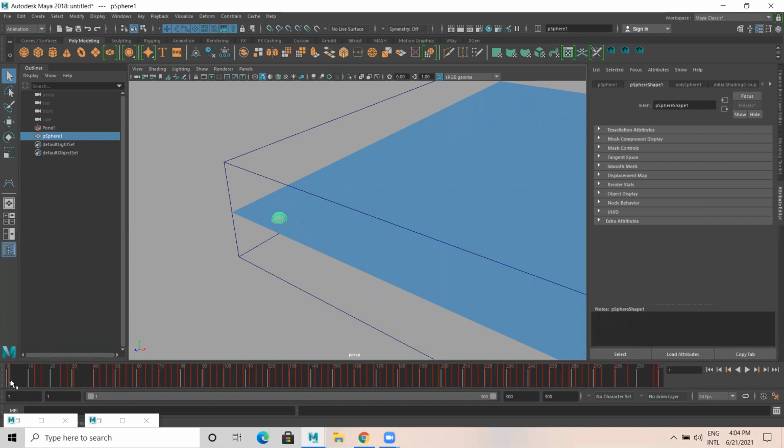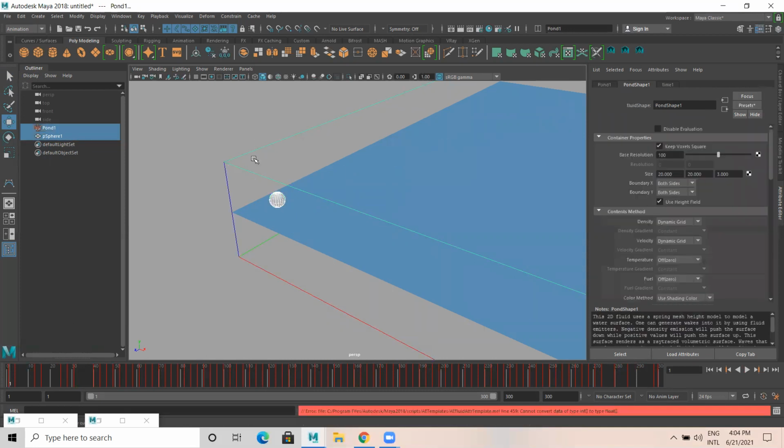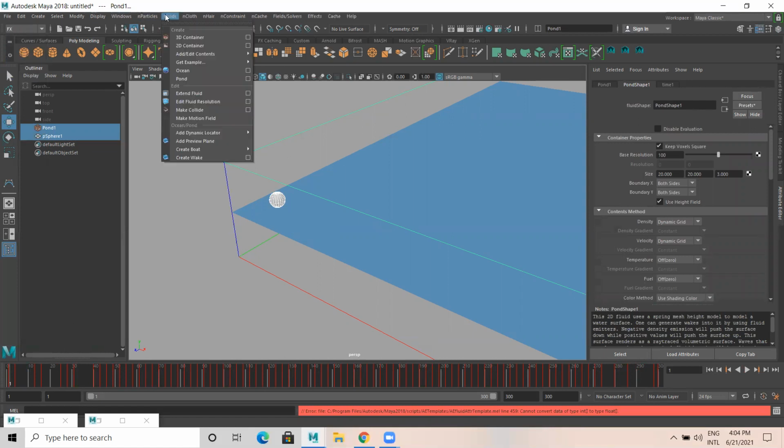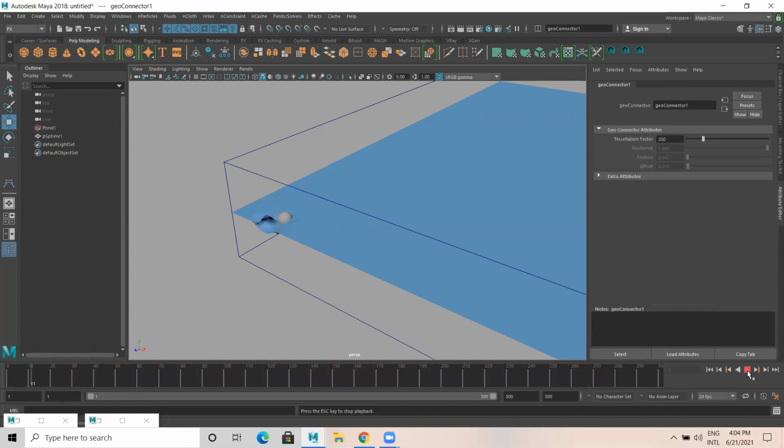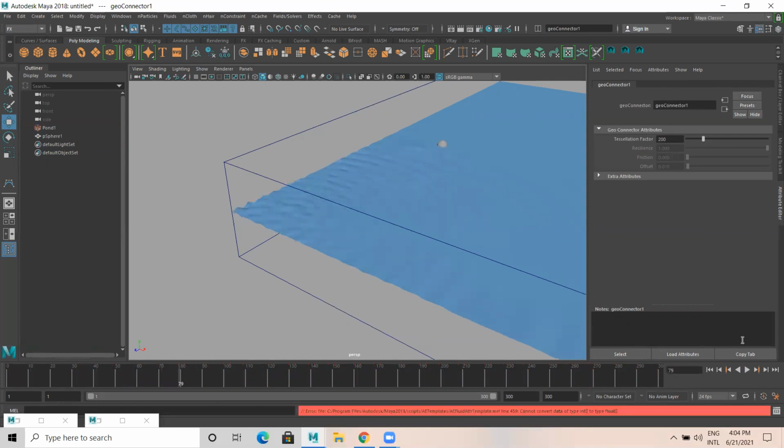Okay, now I select this one in frame number 1. I'm gonna move it a little bit and set key, and at frame number 2, I place this at the bottom here, set key, then regular movement. Now select the sphere, select this, go to FX, fluids, make collide. Yep, we are getting this. Now tessellation factor, once you do the collision, is 200. I make this 1000 so that the quality of the collision will be good.